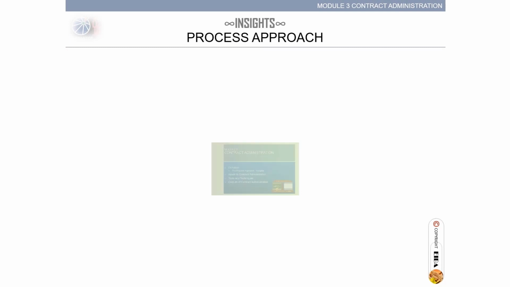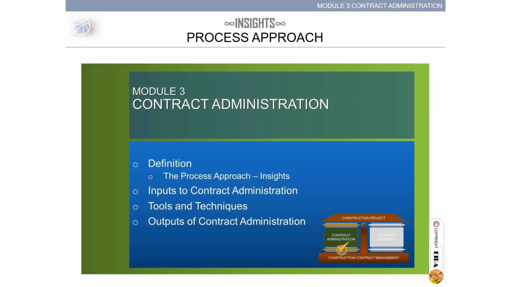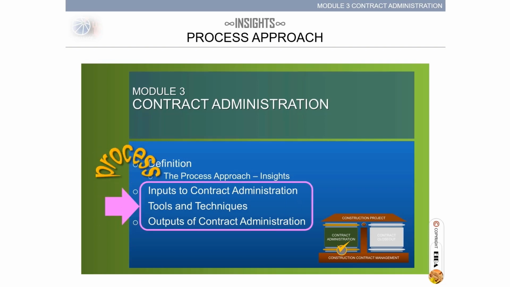Process approach. The process approach is the methodology used in this learning intervention. To come up with the understanding of managing and administering contracts, it would be helpful to understand the processes involved. The inputs, tools and techniques, and outputs are the key components of a process. In the analysis of the components, we will be able to determine what are needed and which are the prerequisites. Then, how these are assessed using tools and techniques to attain the desired outcome, which is the proficiency in contract